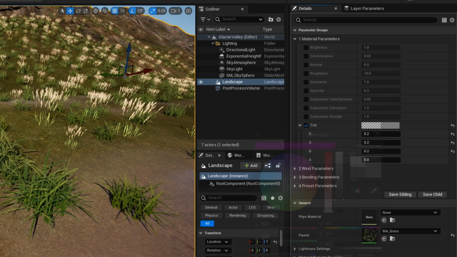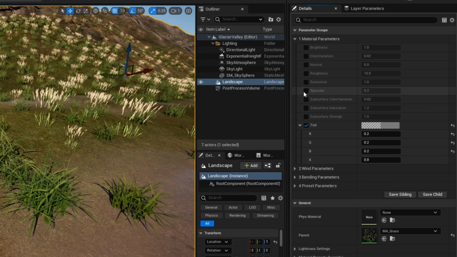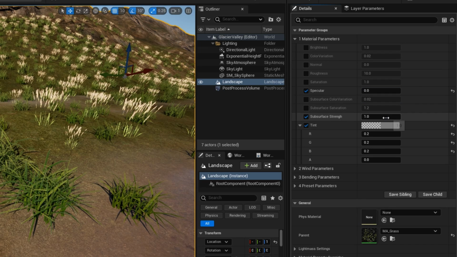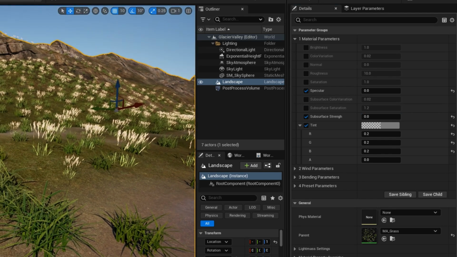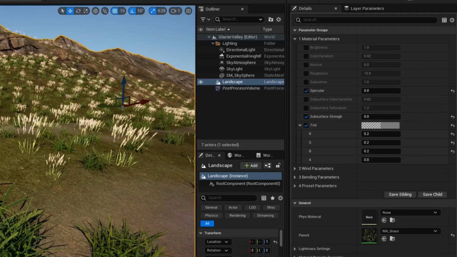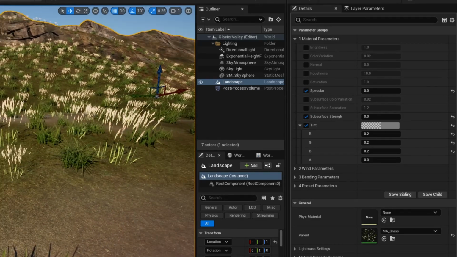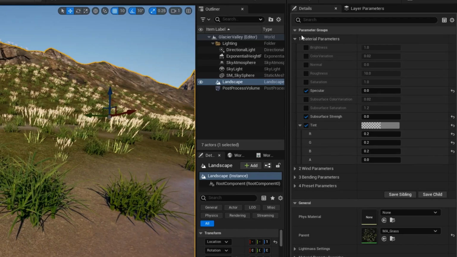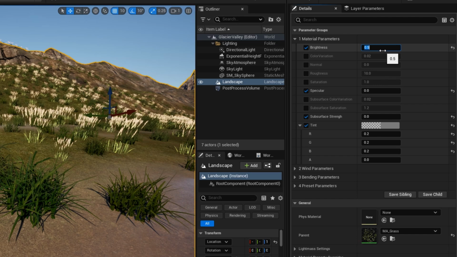Let's click OK here. Other things you can do is we can remove the specular like we did with the stone. We can remove subsurface color, that's a slight luminosity at the edges of the leaf. That just makes them a bit darker there. They're already looking a bit better here. And again, we can play around with that a bit more. Let's have a look at the brightness as well. Yeah, that's probably a bit too dark.